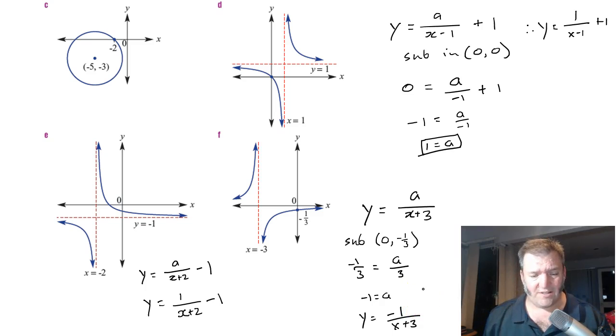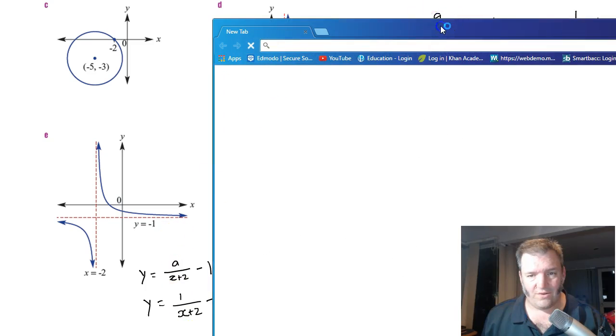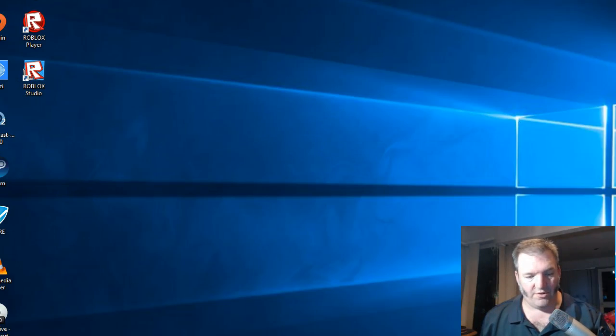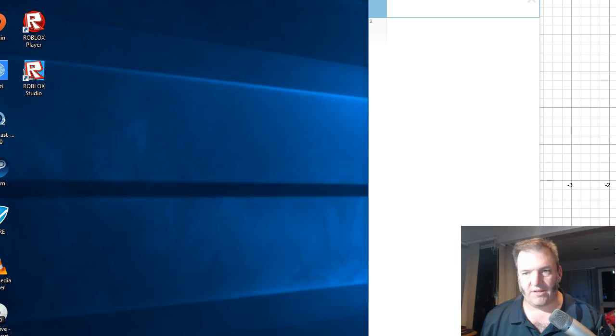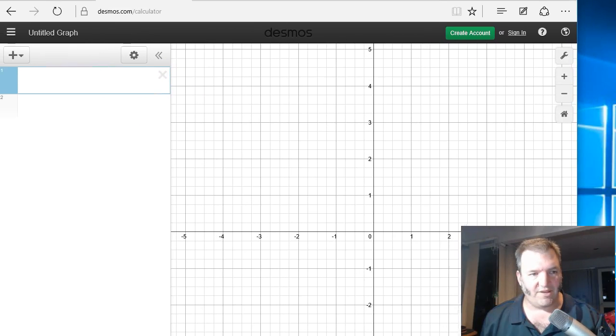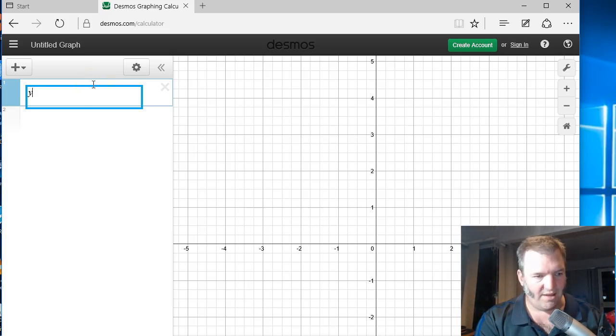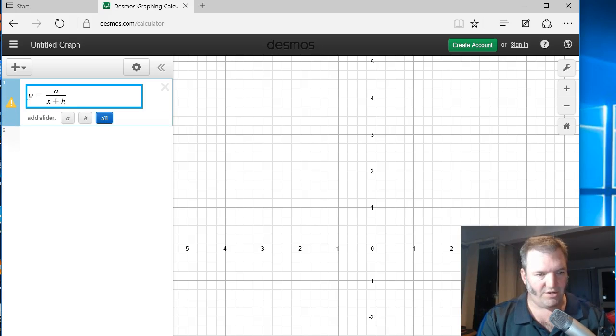That's shifting equations. What I encourage you to do, go to Desmos if you really want to get a handle on these. Let's see if I've got Desmos open in this one. Yeah, look, I've got Desmos open over here. That'll do. Just have a play with them. y equals a divided by x plus h,